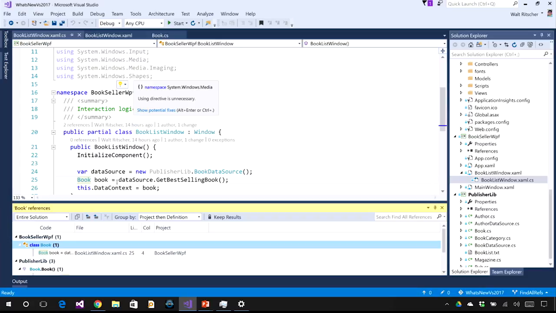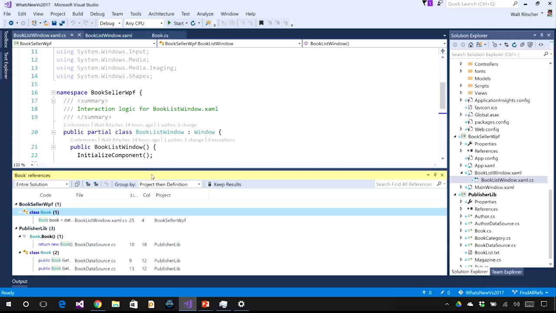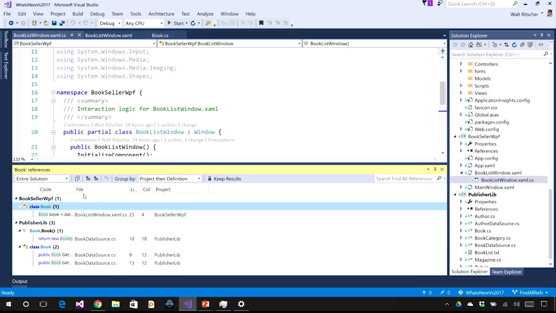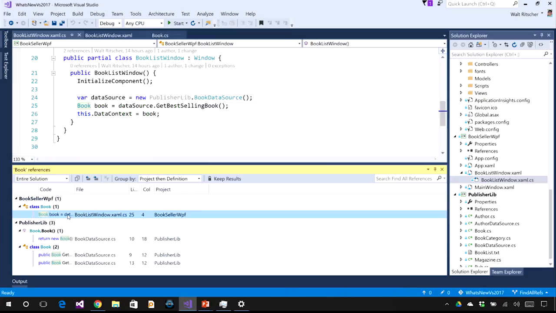Now this window, shown on the bottom of the screen, has been in Visual Studio for several versions, but there are a lot of improvements to this window, and that's what I want to talk about. For one, the first thing you'll notice is that in the section here in the references, it's all color-coded now, and it matches what you would see if you were in the C# file. So if I look at this line of code here,